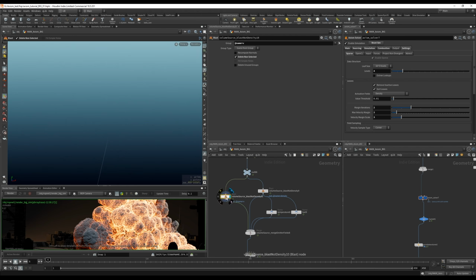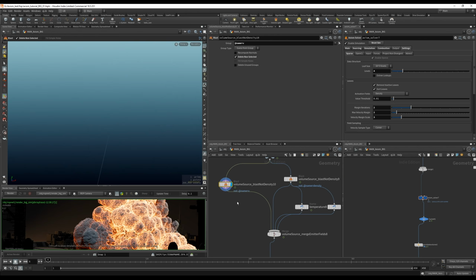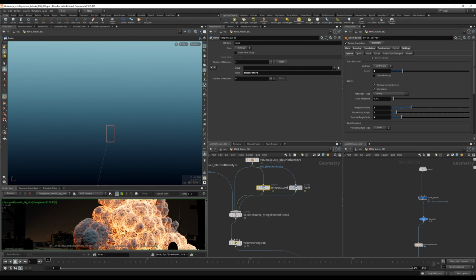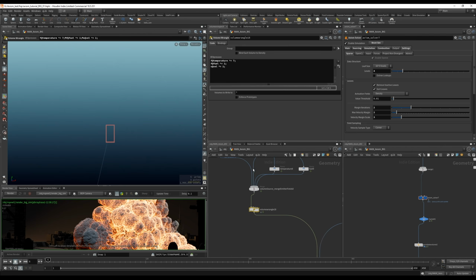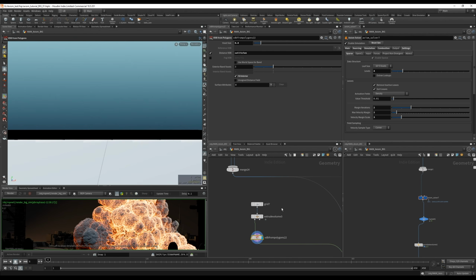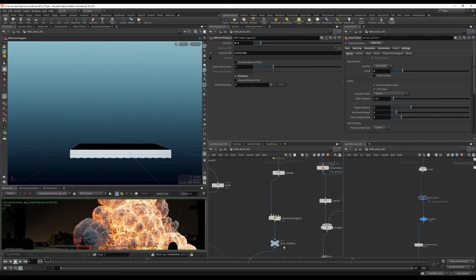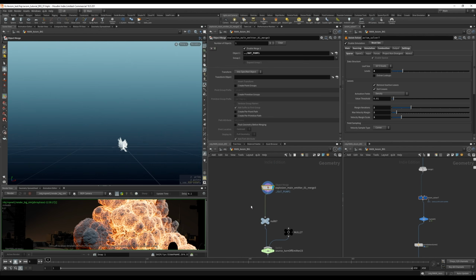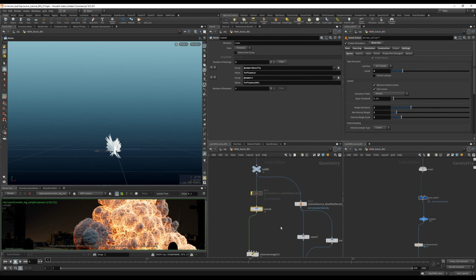Then we, like I was showcasing you guys in the previous video, we separate the velocity from the density. We rename it, in this case, temperature, fuel. And then I added a bunch of controls to separate their intensity separately. I also have a collision that looks like this. This is the first kind of push that is happening. And I believe this is, yeah, so you see here, I'm using that influence